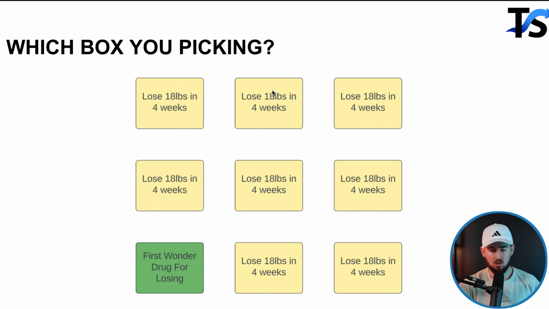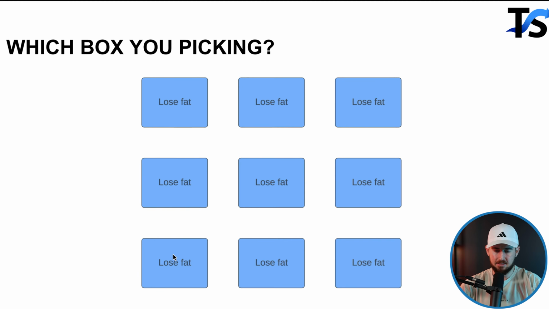All right. So lose 18 pounds in 4 weeks. First one to offer a drug for losing. Now all of a sudden, guess what? This is probably something right here that some of you guys picked. Now, what I want to look back at is this is a stage 1 market sophistication. This is where you enter a market, there's no other products and no other solutions to solve a particular problem, right? So 95% of the marketplaces you guys are entering, it's probably saturated. I'm just going to let you know now.